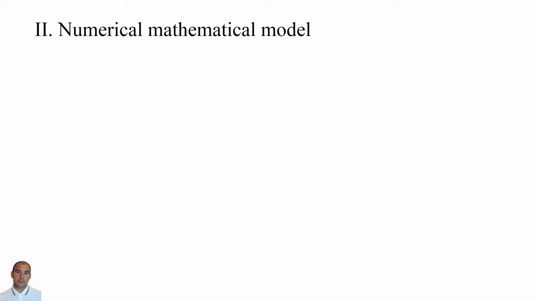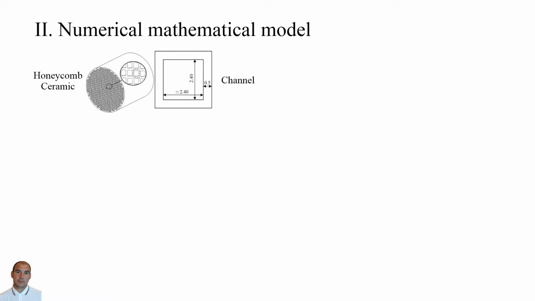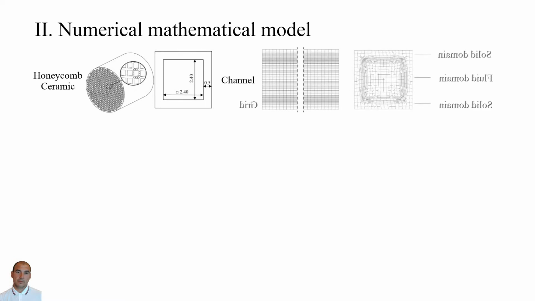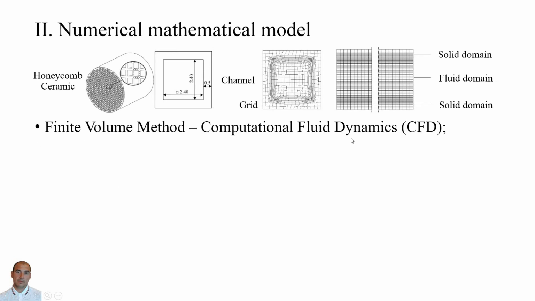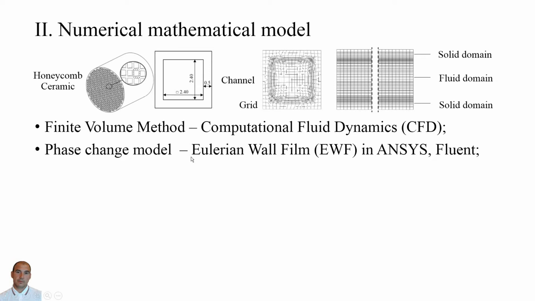The next slide is the numerical mathematical model. The geometry and the dimensions of the regenerator and the matrix channel are shown on the screen. The computational grid is made with connection between two spatial domains, fluid domain and solid domain. The numerical method for solving the system of differential equations is computational fluid dynamics based on the finite volume method, and we have chosen the phase change model Eulerian Wolffium coupled with the spatial mixture transport model integrated into the software